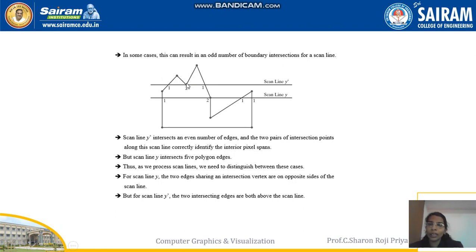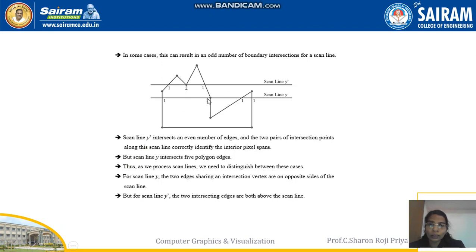Now if you take this example, the y value keeps on decreasing up to this point, after that it starts increasing. So how many times should I store this vertex value? I should store this vertex value only once. Sorry, halfway it is decreasing and halfway it is increasing, so I should store it twice. So what values will I be storing? 1 2, then 2 1. So I got an even pair of vertices, so the space in between I can fill.